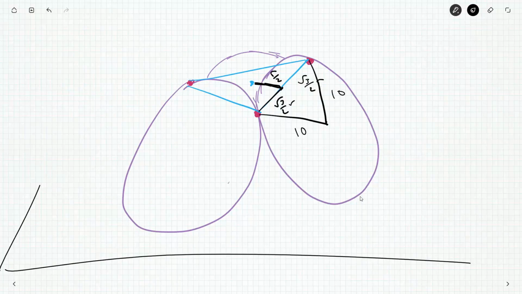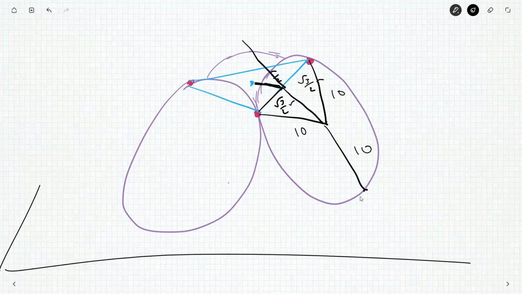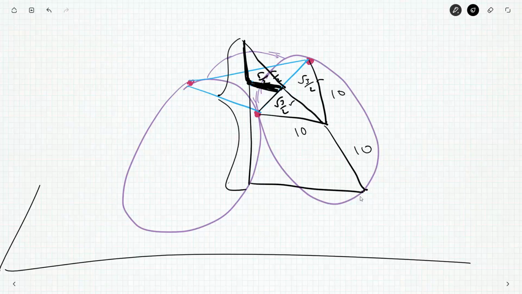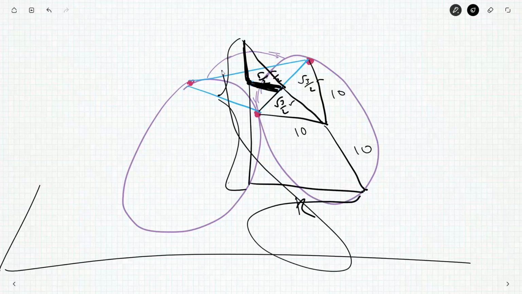And these are 10s. And then we've got a 10 down here connecting this. Now, extending this guy out to the top here, we'll have r over 2, which is this length here, to this height is the same as the full height here, or the big R to that full height. And that might at least get me some sort of relationship between little r and R, if not little r